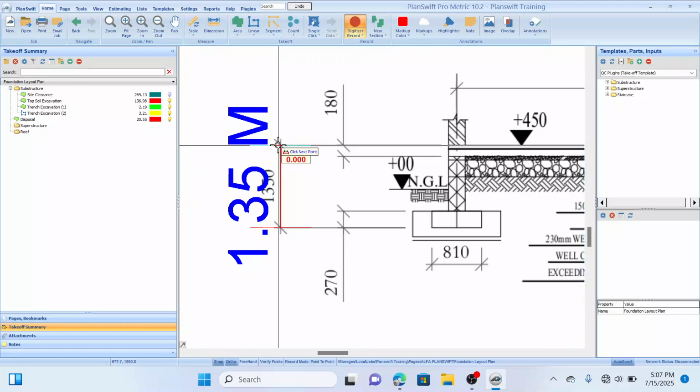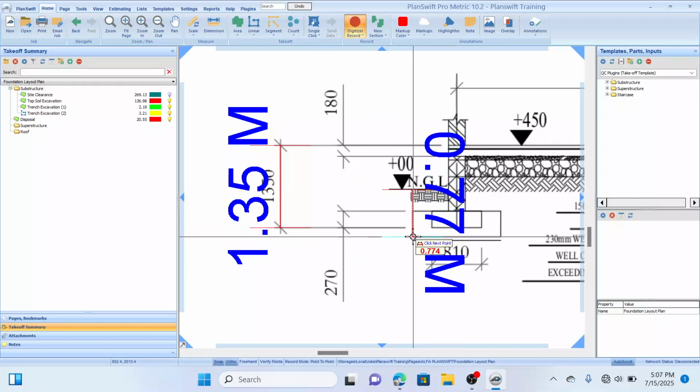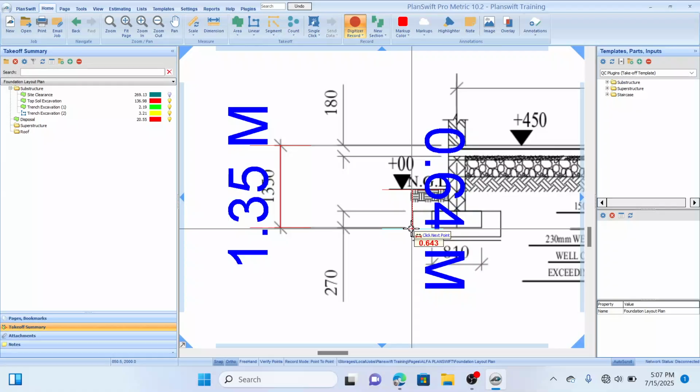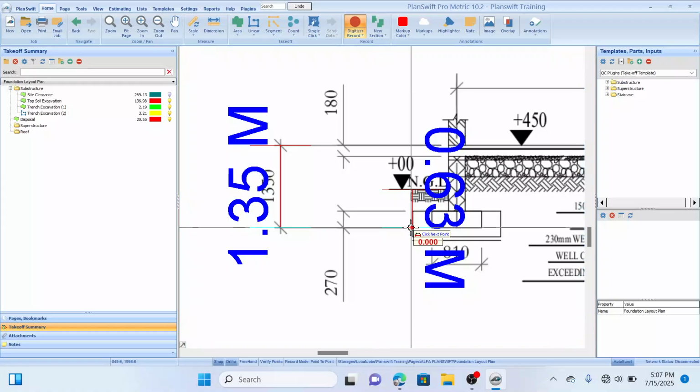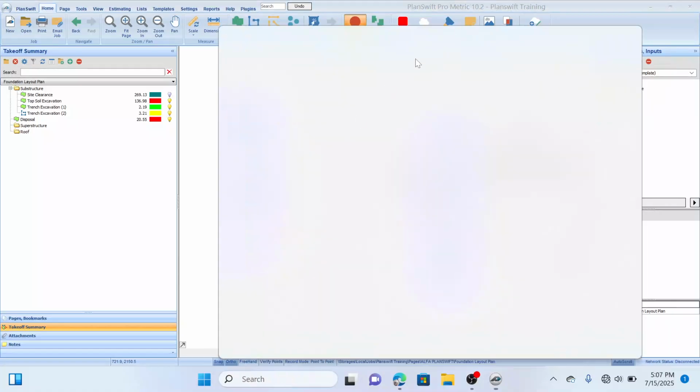Okay, I think that's correct. So what we actually need here is the distance from the natural ground level to the base of our foundation footing, which is 0.63. So the actual depth of our trench excavation will be